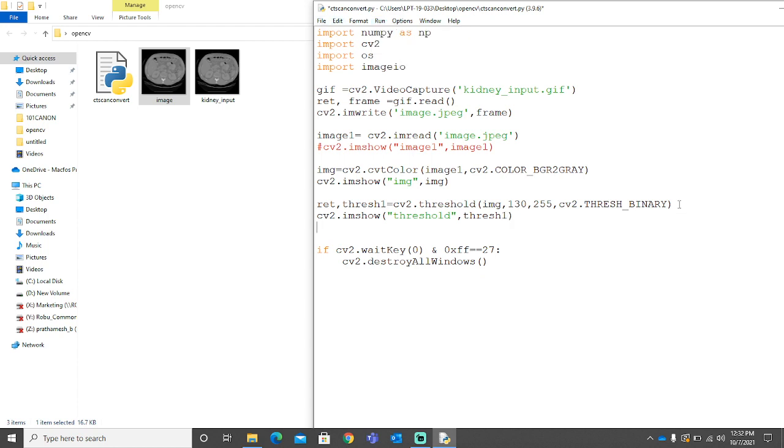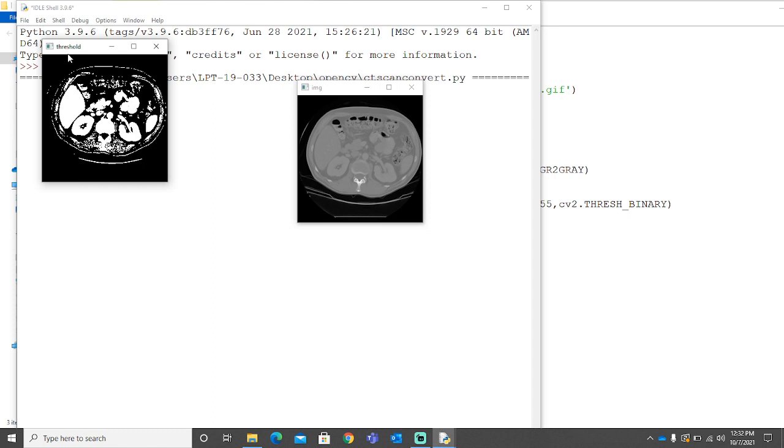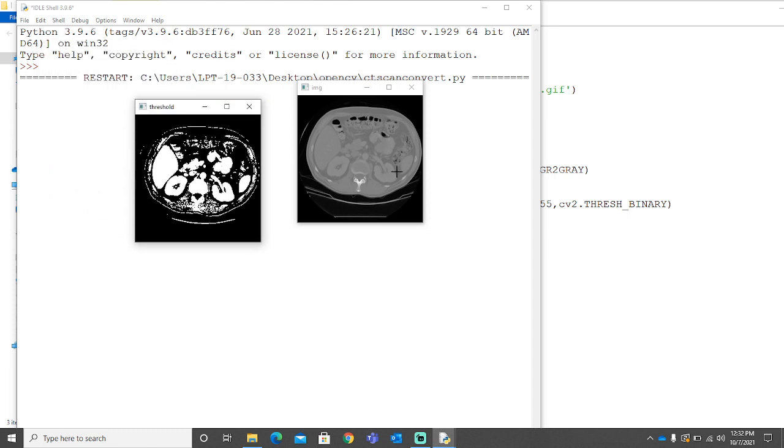Save it and run it. Yeah, so we can see a great deal of difference. All the parts now we can see clearly. This is one of the parts, this is one of the parts, this, and there's some noise too. We need to remove this noise somehow. I'll tell you how. That is the very next step we are going to do, and everything is very clear, right?